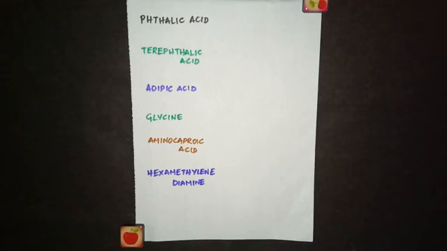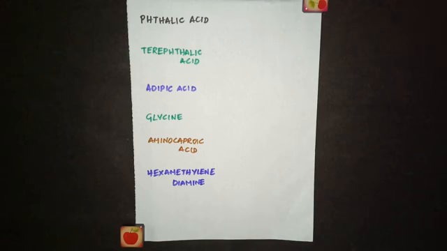So before we move on to the condensation polymers, let's have a look at the monomers that we will be using to prepare these condensation polymers. We know in condensation polymerization, a series of condensation reactions takes place, which means there will be loss of small molecules such as H2O, NH3 or alcohol. So this type of polymerization usually occurs between monomers containing two or more functional groups.